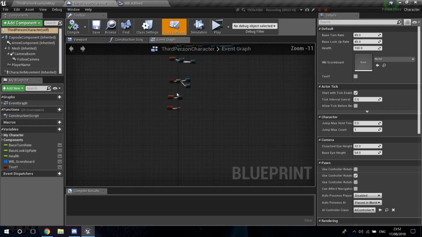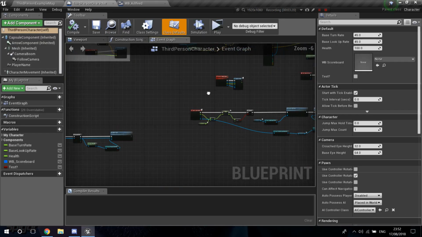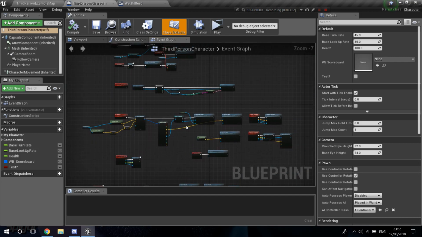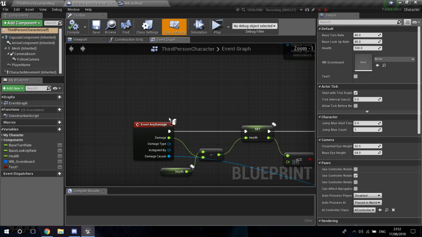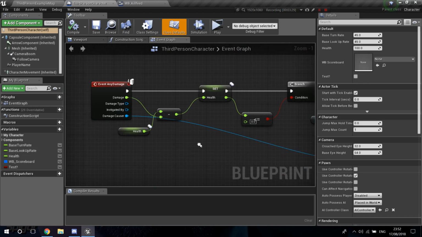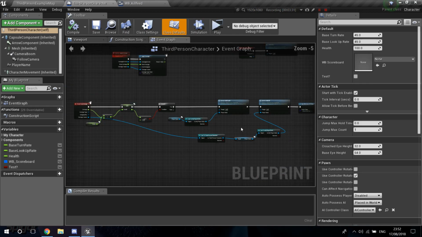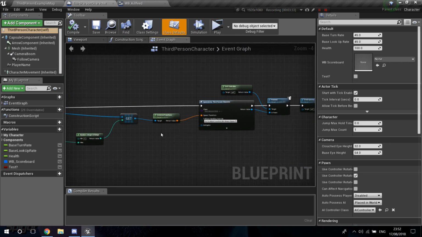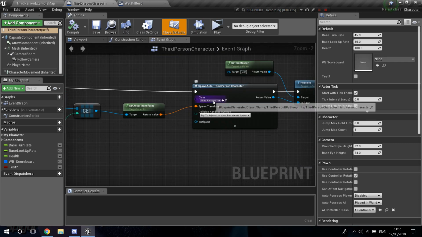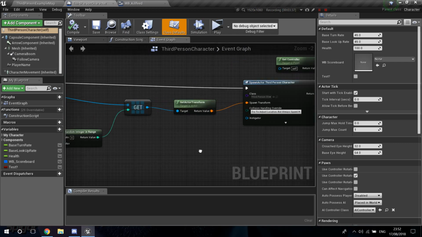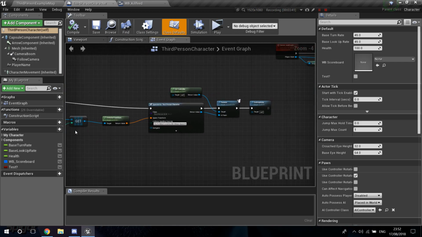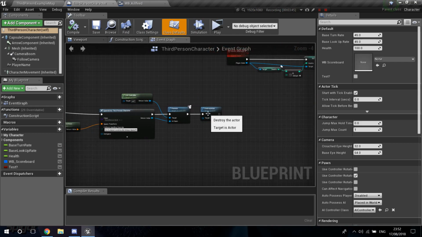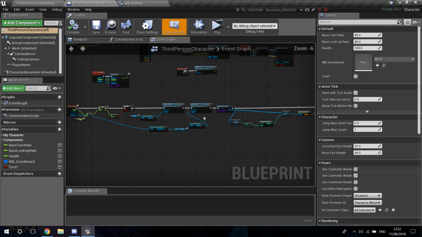Now I'm going to have to go into the third person character and find where we actually kill someone. When I do on event any damage, we're basically going to die, so we want to do something else. Okay, let me see what I was doing here. Player start. This is basically just to respawn the player. After we do this, I guess we can do it here. Before we do this,